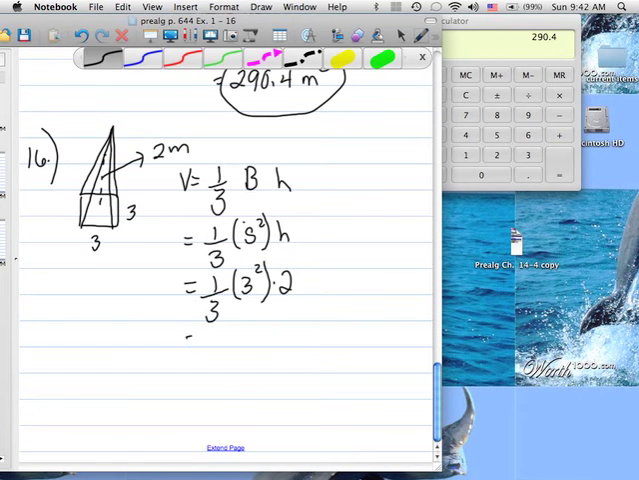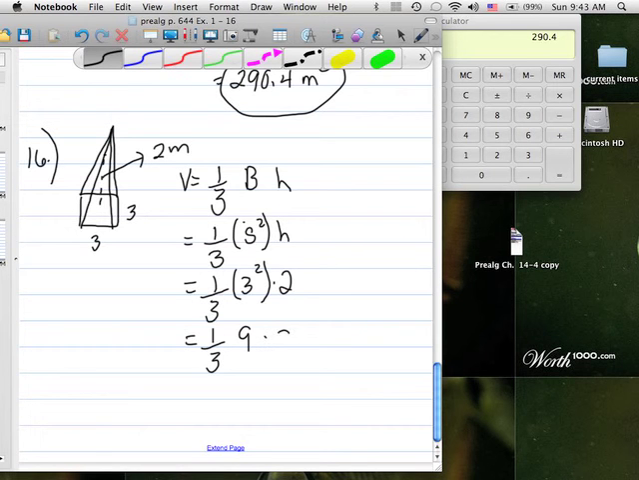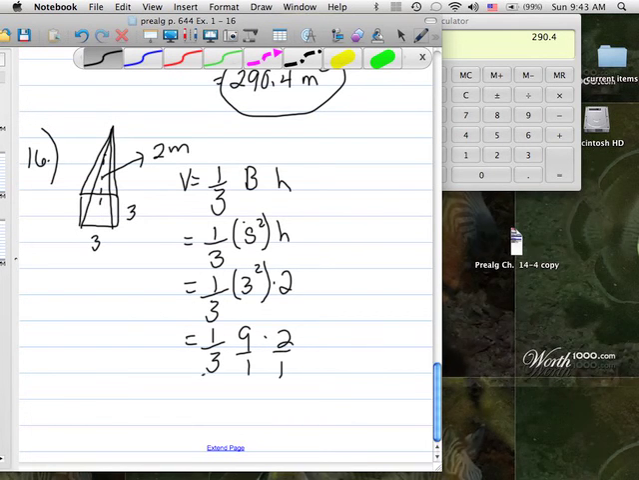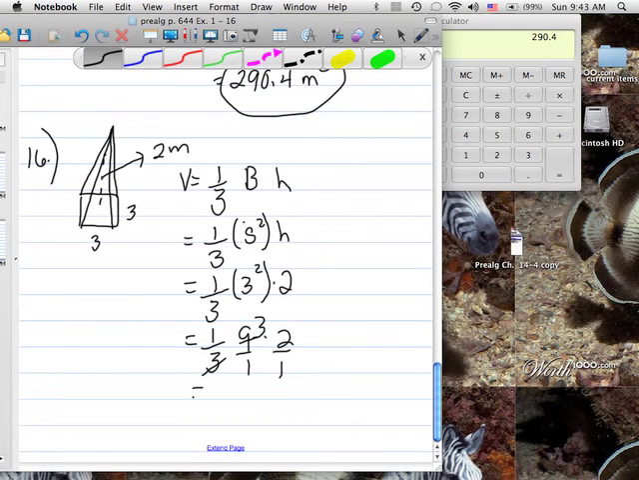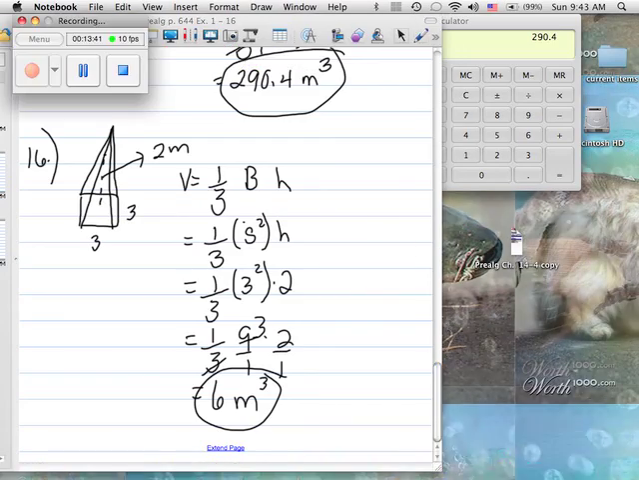Now if you don't want to use a calculator, it'd be easy this time. 3 squared is 9. You got to square first, times 2. And we can cancel. And 3 times 2 is 6. So our answer is 6 meters cubed. That concludes the evens. Be sure you check the back of the book for the